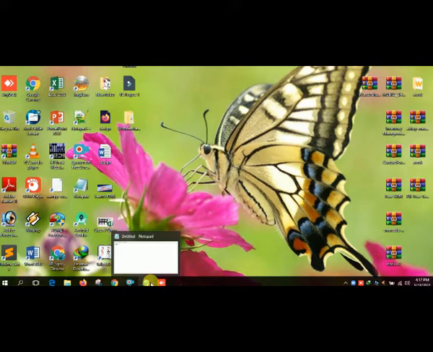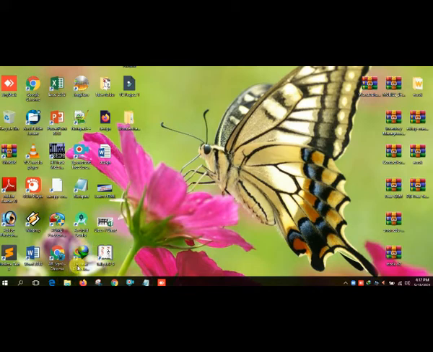Next, file explorer. File explorer is there on the taskbar by default. It looks like a folder. You can see my file explorer, this one. File explorer is a file management application which helps to access different folders and files. Windows 10 added a new feature in the file explorer, that was quick access, which shows all the files and folders which are frequently used by the user.